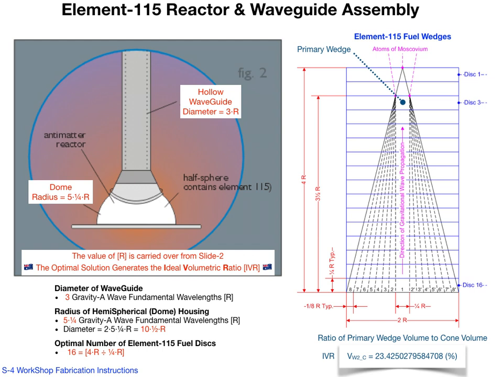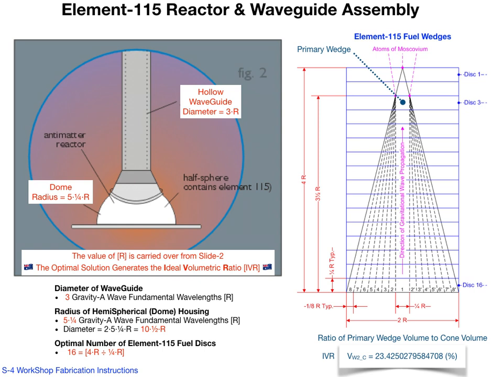The ideal volumetric ratio relates to the optimal solution we saw on the previous slide. Thus, because all dimensions are expressed in terms of the gravity A wave fundamental wavelength, R, it is easy to see that the design of the element 115 reactor and waveguide assembly is optimized. Importantly, the element 115 reactor generates a repulsive gravitational force, not an attractive gravitational force. As you can see on the illustration, the radius of the element 115 reactor dome is 5¼ r, hence its